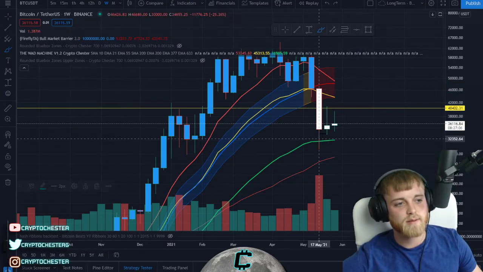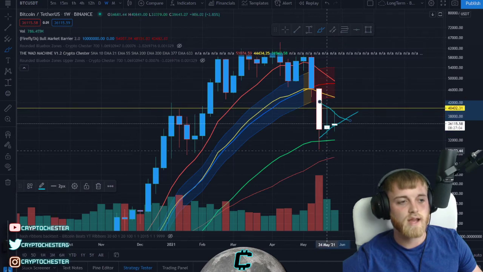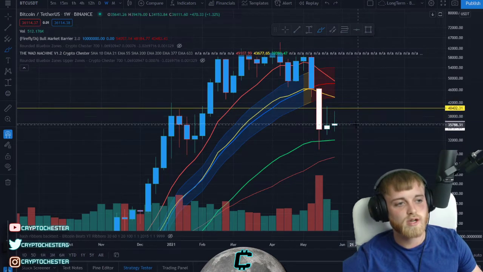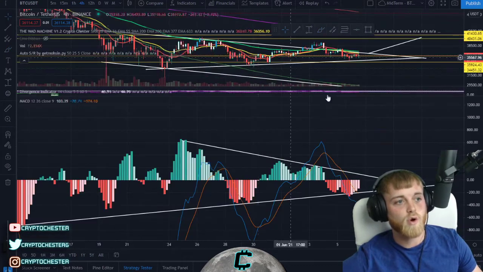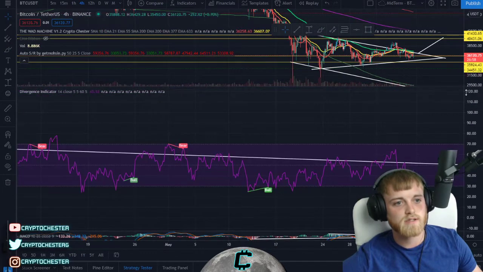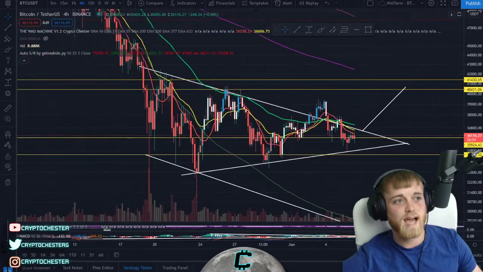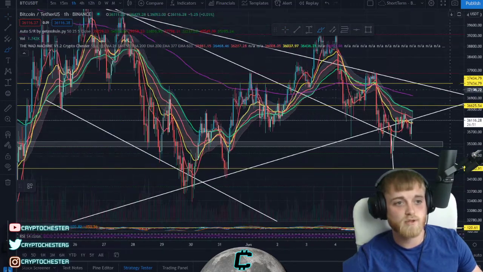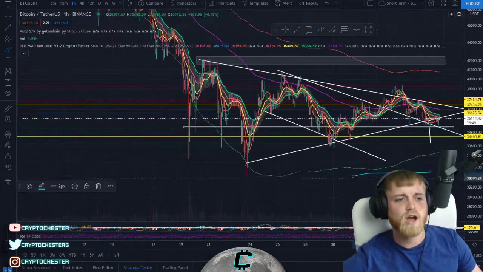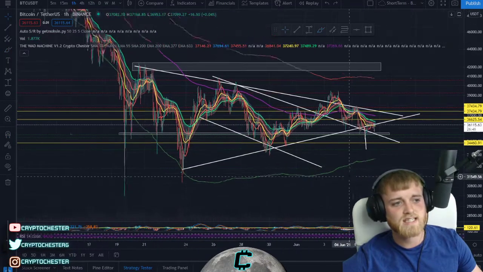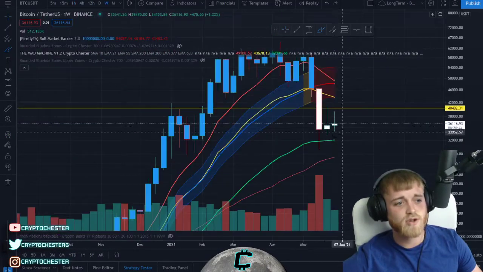Like, ideally, what's happening now, we are seeing, obviously, these lower highs get created, these higher lows getting created, and that symmetrical triangle playing out on near enough all of these time frames, right? So we do need to think about that crucially, because if we do see that coil up, we are going to be looking at a potential break to the upside or a potential break to the downside. So yeah, it's going to be quite a crucial point over the next few days here with Bitcoin to see what's going to happen. But in terms of the weekly close, it's not looking too bad.